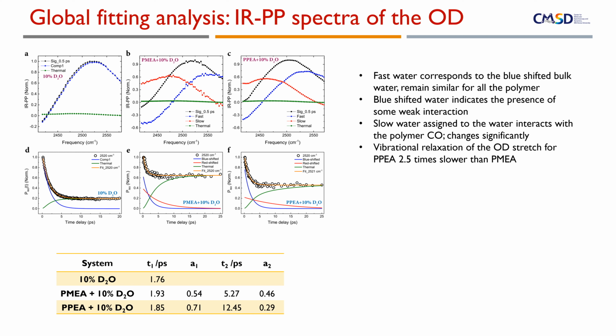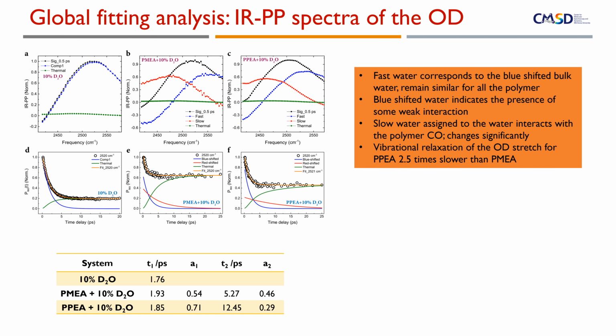We also performed molecular dynamics simulation and quantum chemical calculations, which show that these blue shifted water appear due to their weak to moderately strong non-covalent interactions with the hydrophobic methoxy and phenoxy terminal group, respectively, for PMEA and PPA polymer. However, the red-shifted water represents the hydrogen bonded water to the carbonyl moiety of the polymer side chain. Interestingly, the vibrational relaxation dynamics of this red-shifted water in PPA is more than 2.5 times slower compared